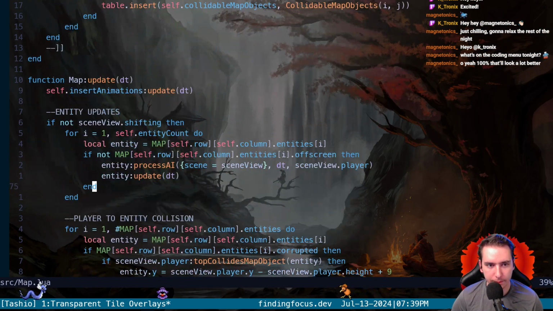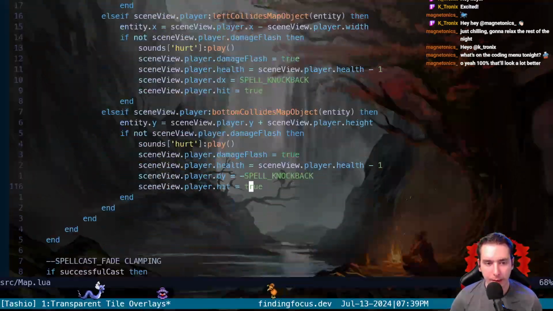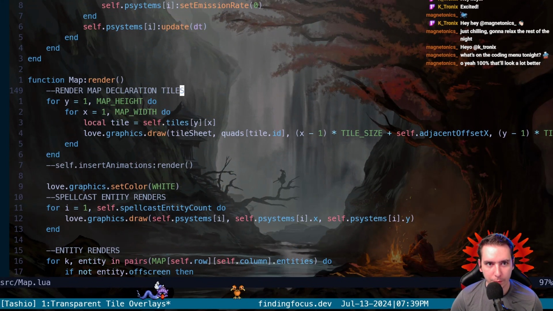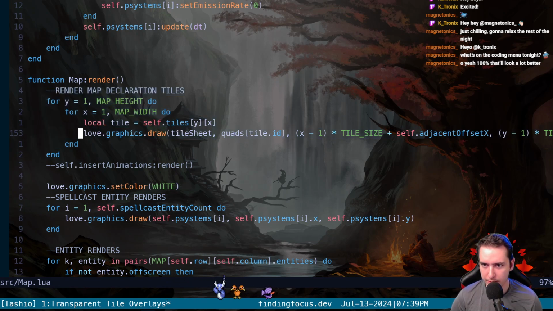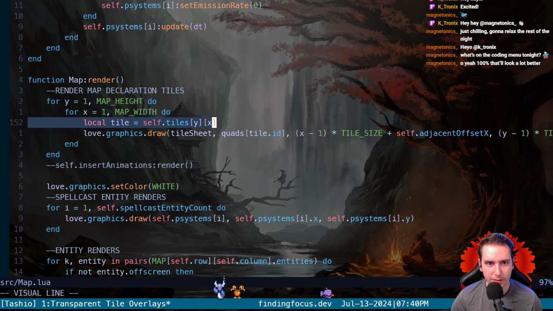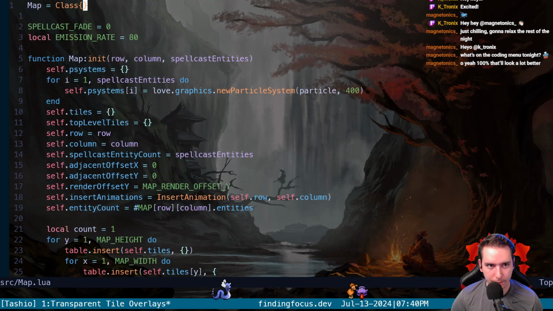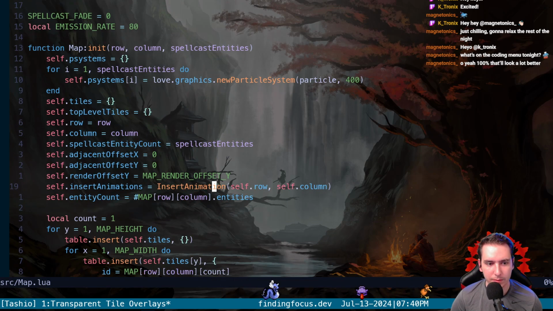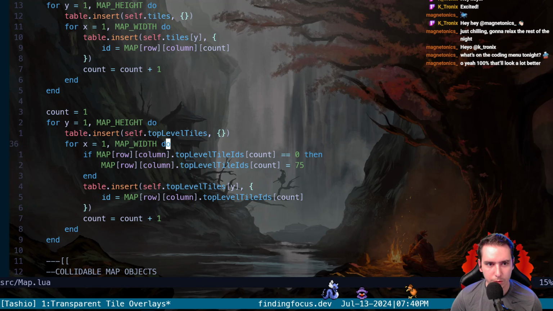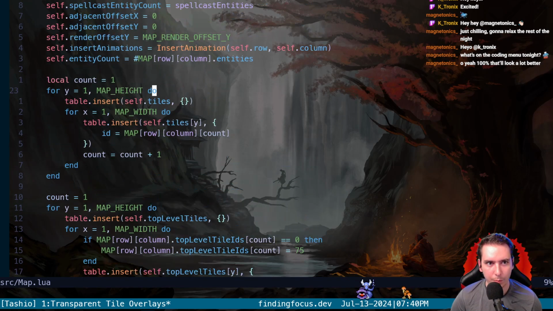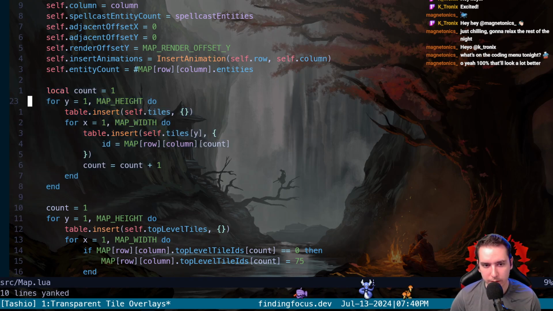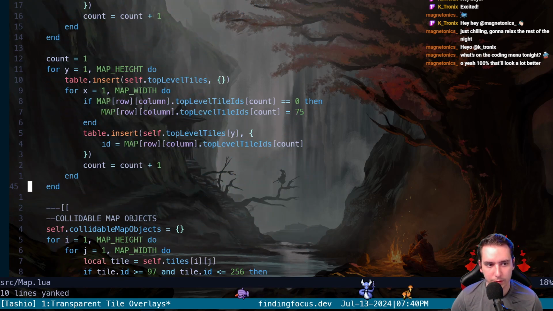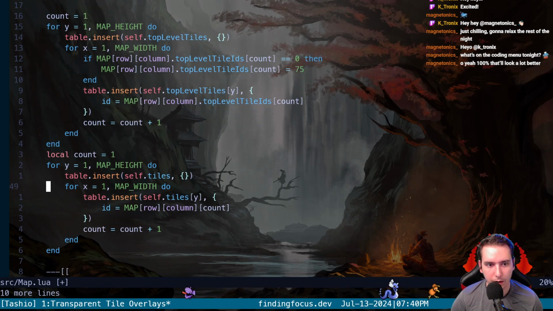Now let's see where we're rendering our tiled map. Right here, render map declaration tiles from our tile ID, from our self.tiles. Okay, so we need to give our map a table. Let's see, because we should have a top level tile for the map. We do right here. So just like how we're populating our ground level tiles, and just like how we're populating our top level tiles, we need to populate our